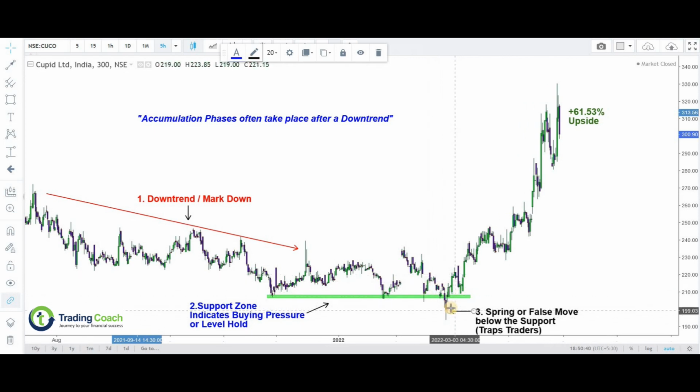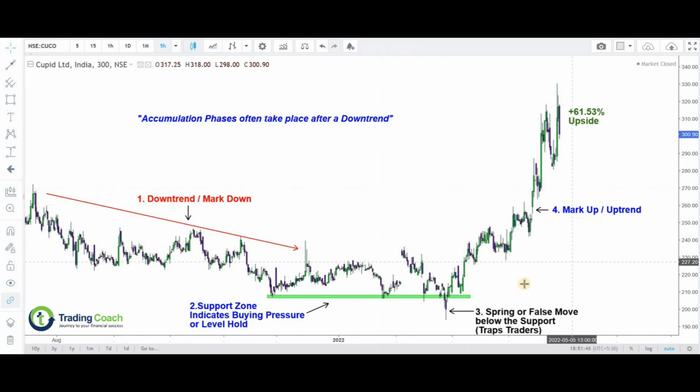And right after trapping those uninformed traders, you can see what happened in this accumulation phase. All the big guys have taken position within this, and all the uninformed traders are trapped. And now next what happened is we can see a nice upside movement in the stock prices. And as you can see, there is a nice markup phase, a nice uptrend, and of course it went all the way up to 60%. Whether you believe it or not, I did take some position on this specific stock, but I didn't enter exactly on the uptrend.